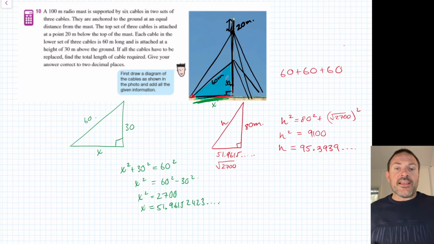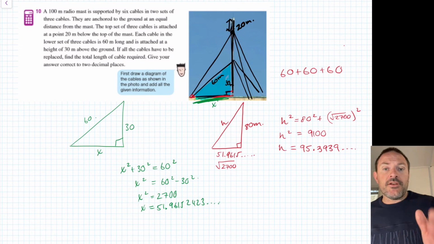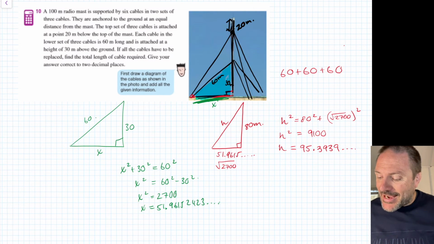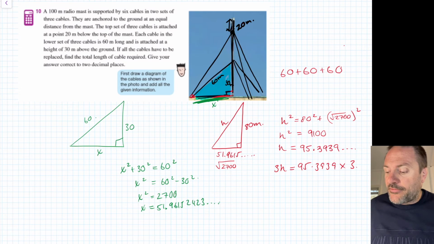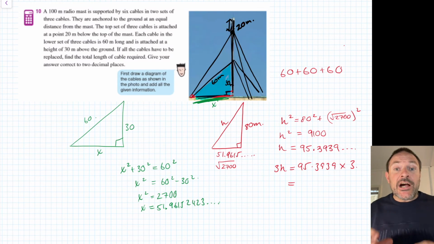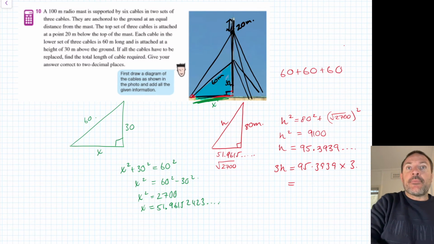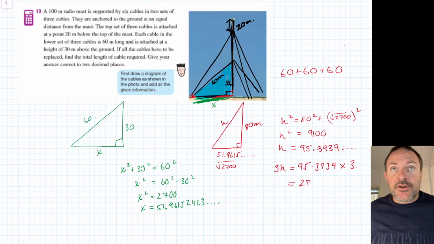So what we've got is the small wires, 3 of them at 60 meters. I've now got this 95.3939 3 times. So let's actually say 3 lots of that. So we're going to simply times that answer that's in our calculator by 3. Now again, I'm using the calculator version because that's the exact number. I don't want to round early, and I press times 3 and I get this